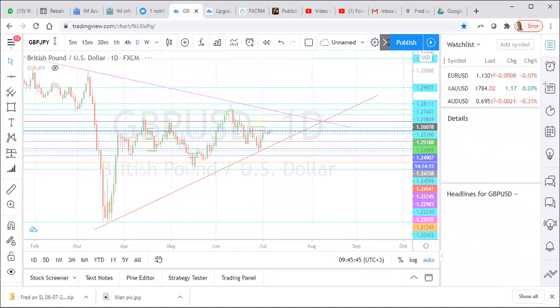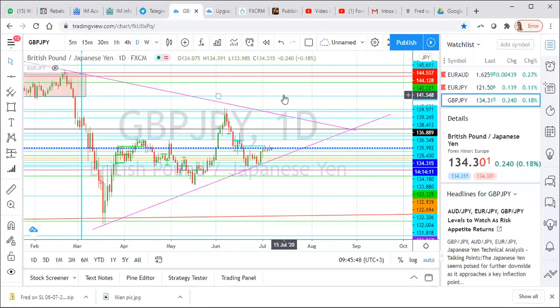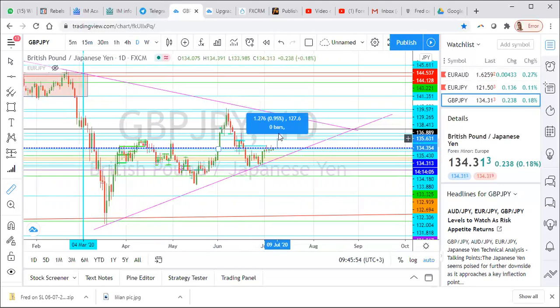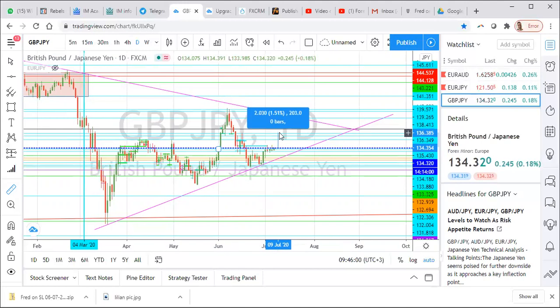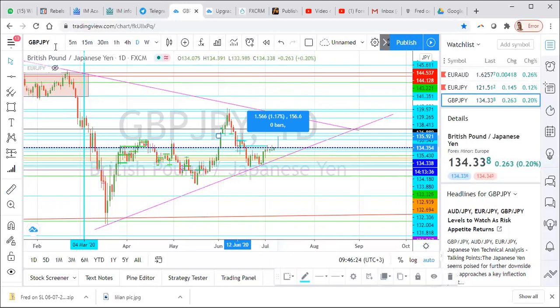GBP JPY, bam, bam, bam, bam. Giving me the same pretty vibes. Market structure is also clear. That's 255 pips. Let's see the previous supply zone. 200 pips on GJ. 100 to 200 pips on GJ. I mean, 150 to 200 pips on a buy. Let's buy, but we look at it on entry. We're about a couple of minutes to the London session.